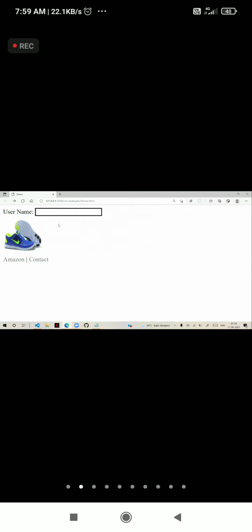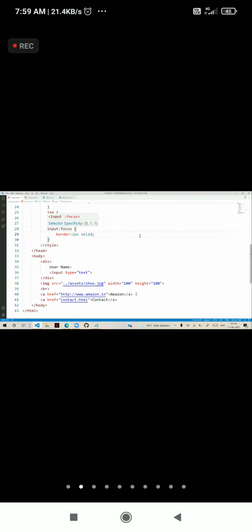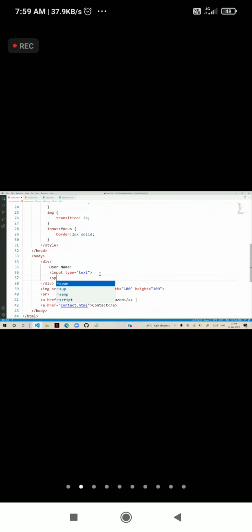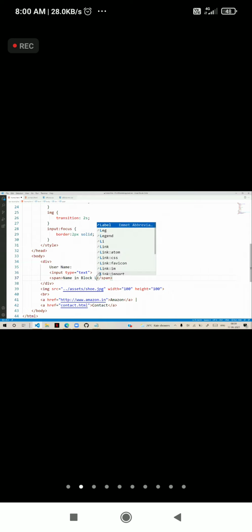And on blur, once it loses focus, it will go. Not only adding effects, actually, we can do a lot of activities like showing and hiding. For example, beside the text box, we have a span. That span has the text like name in block letters.